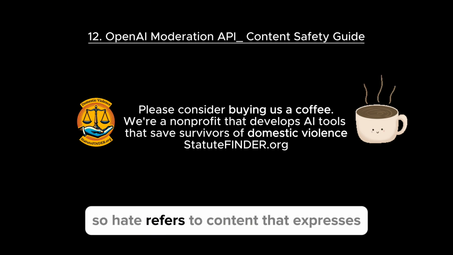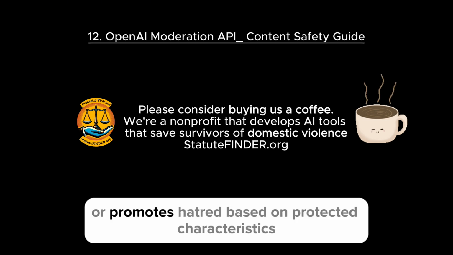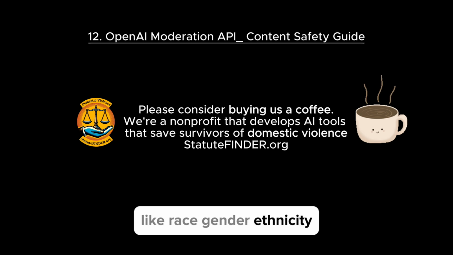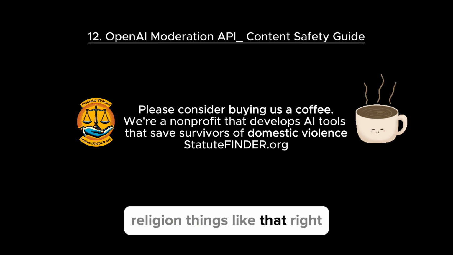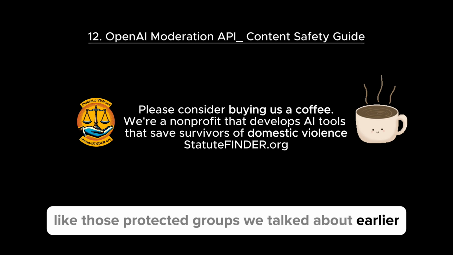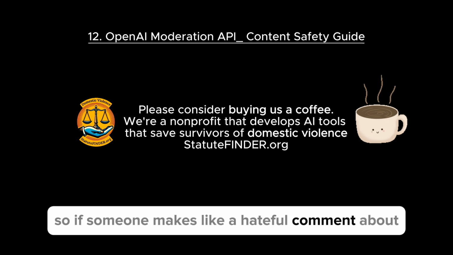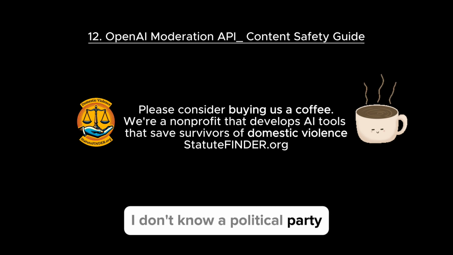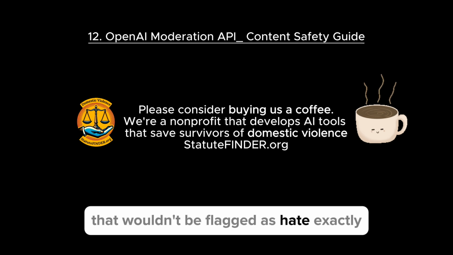Hate refers to content that expresses, incites, or promotes hatred based on protected characteristics like race, gender, ethnicity, religion, things like that. Like those protected groups we talked about earlier. Exactly. So if someone makes a hateful comment about, I don't know, a political party, that wouldn't be flagged as hate. Exactly.